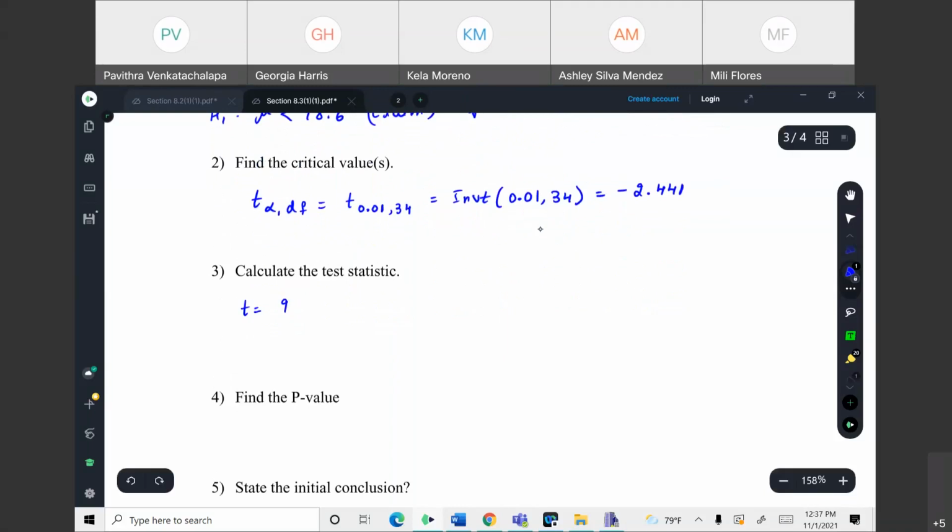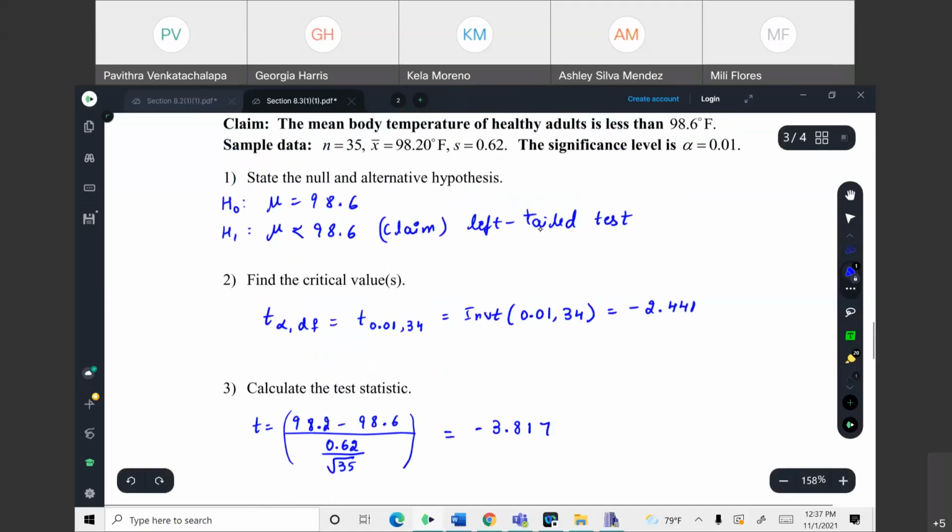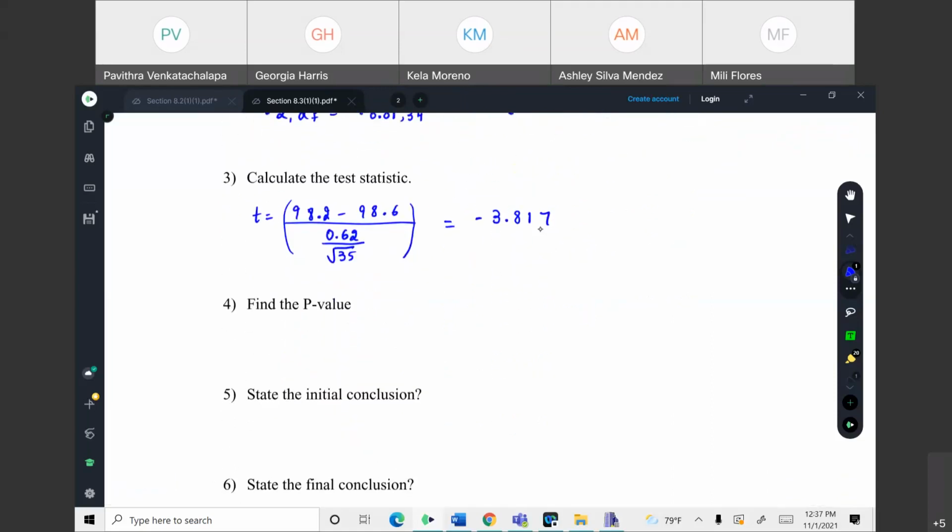So I'll write the values here. 98.2, that's your sample mean. Population mean is 98.6 divided by standard deviation is 0.62 divided by square root of n, that is 35. When you do this, you will get t value as negative 3.817. So now that we have the t value, all you have to do is to find out the p-value